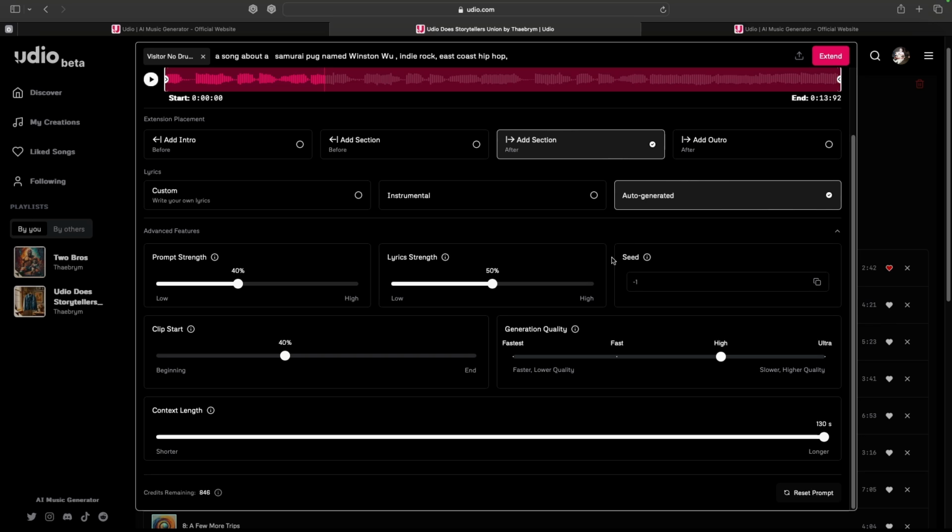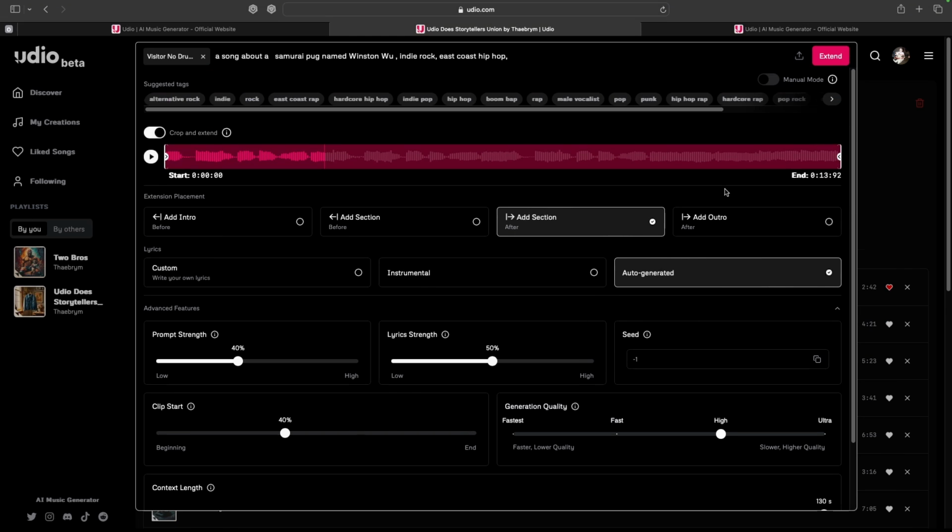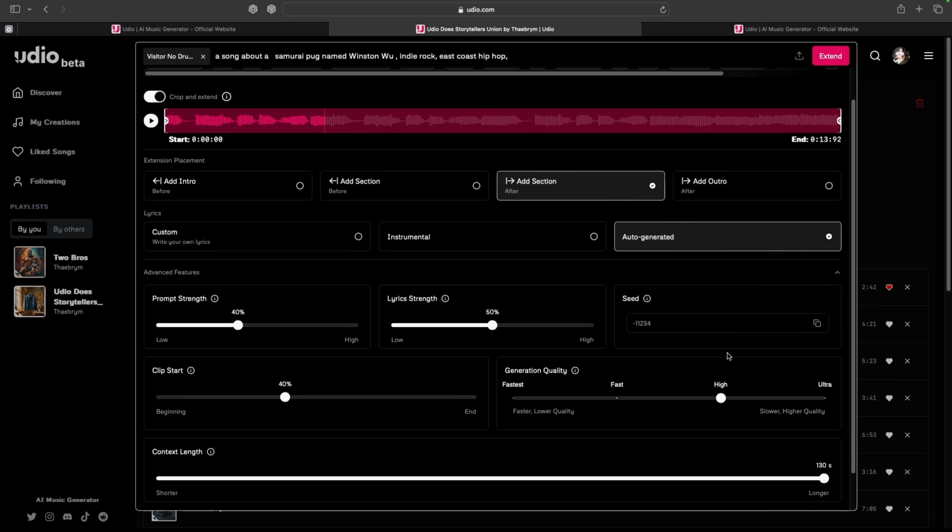Now this one, the seed here, if we wanted to lock this in, especially if we're using manual mode, I could go down here and I just generate my own seed. There we go. And then I can copy that seed. I've got the seed copied now. If I was in manual mode, I could get consistent results, or fairly consistent results. It's still new, but this should give me more consistent results than, say, going the more of a random route.